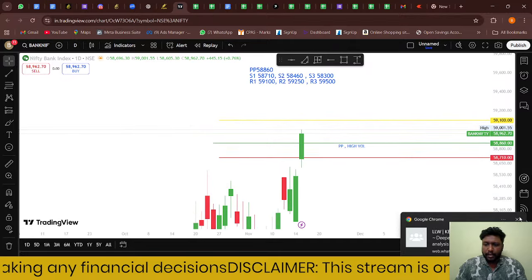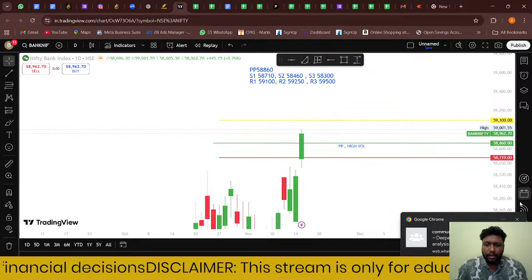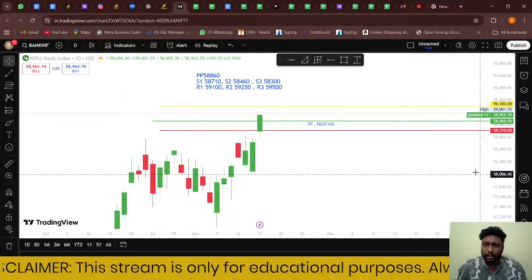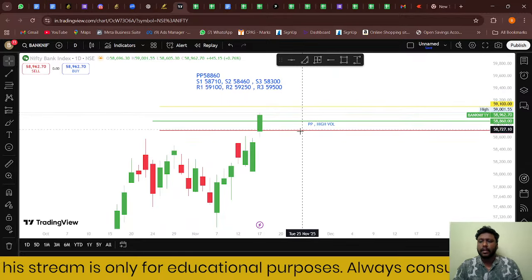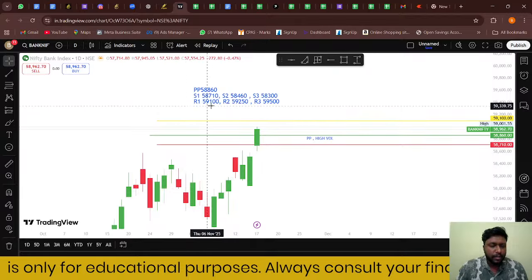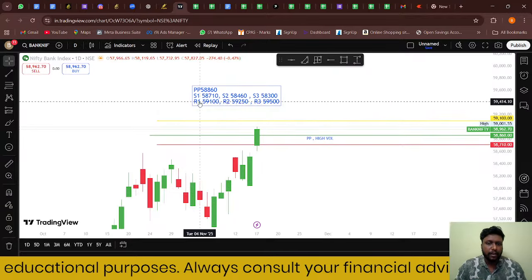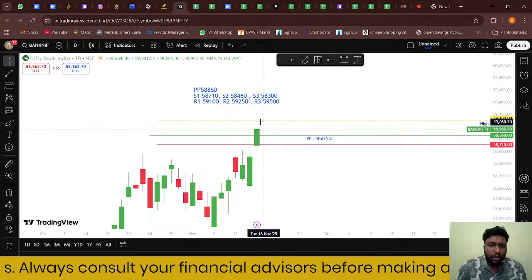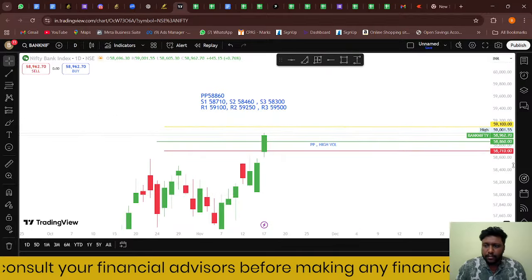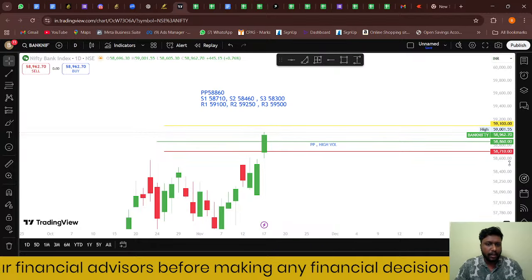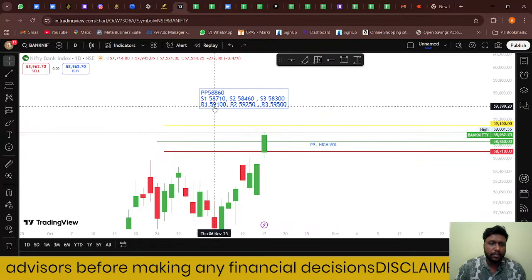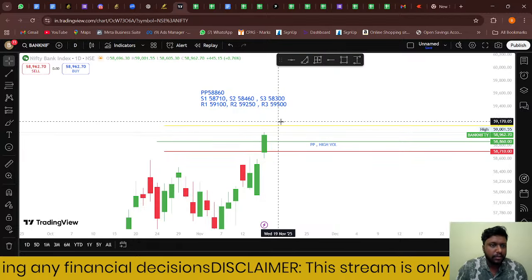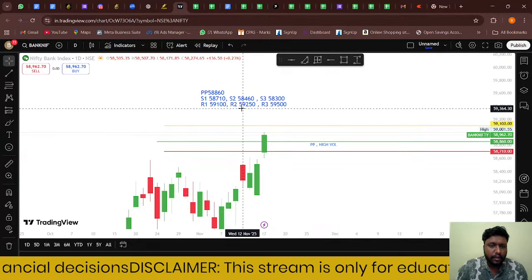So as long as Bank Nifty is trading above this particular pivot line with higher volume, or similar volume, this bullish continuation is going to continue, and we can go for the first target of 59,000. And if similar volume and similar momentum continues, then definitely we can look forward to R2 and R3. So for confirmation, if it continues the bullish momentum, then definitely it is going to test R1 at 59,100, and if it sustains above this level, then definitely you guys can